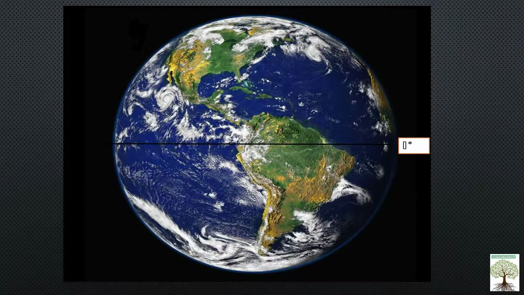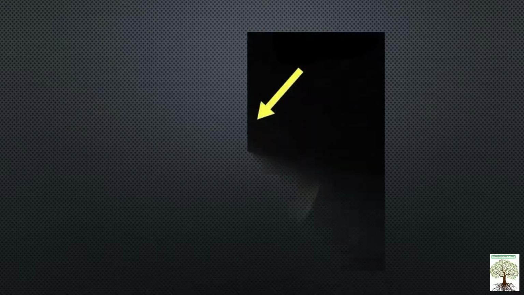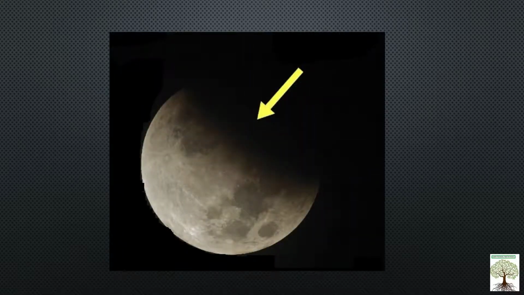Let's see a few ways to confirm that our earth is not flat but spherical in shape. So the first example is the lunar eclipse, right? When the earth comes between the sun and the moon, the shadow of the earth is cast on the moon, and this shadow is curved and round in shape. So it is proving that the earth is round or spherical in shape, right? During the lunar eclipse. Eclipse means the complete or partial blockage of light. So it is proving that the earth is round or spherical in shape.